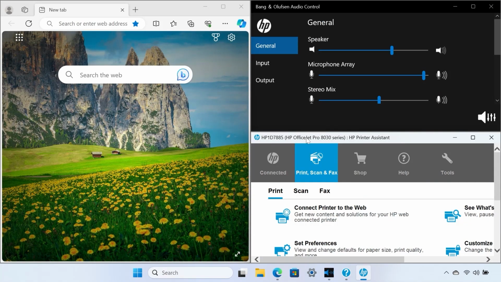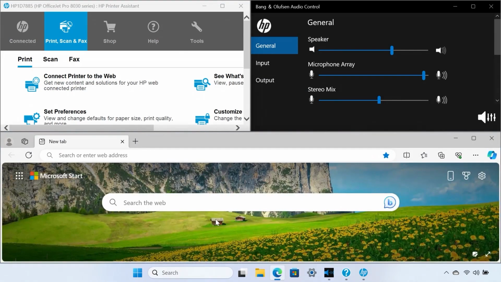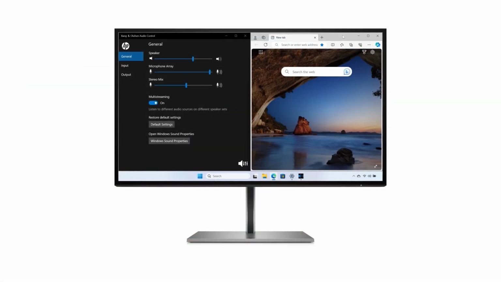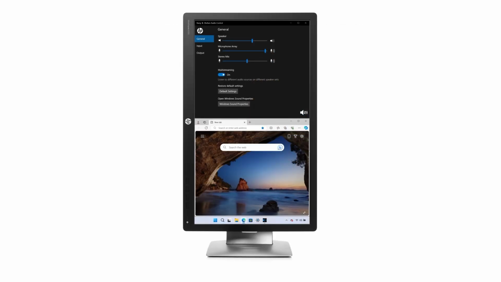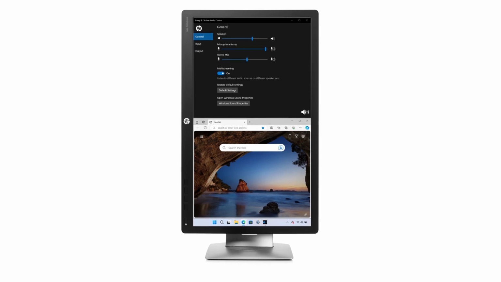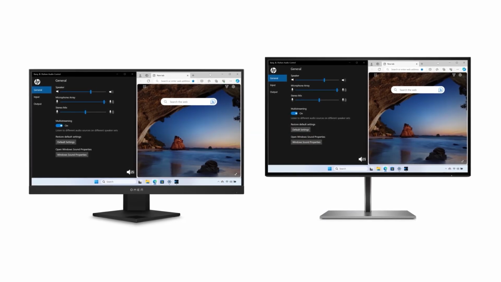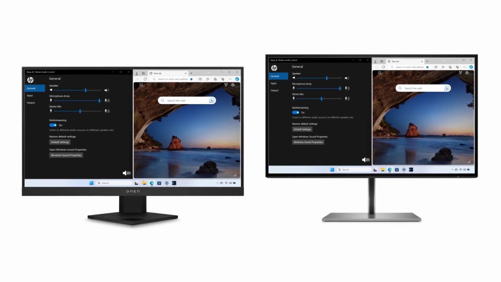App windows are automatically sized when you drag the app to different areas of the screen. If you have a snapped layout in horizontal mode and you rotate your display, the app windows also rotate and stay in their snapped positions. Snapped window positions are also remembered when you dock and undock from external monitors.